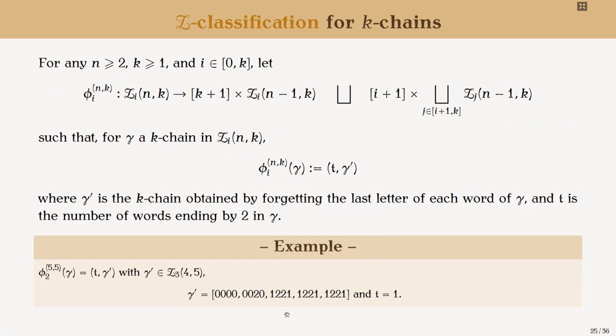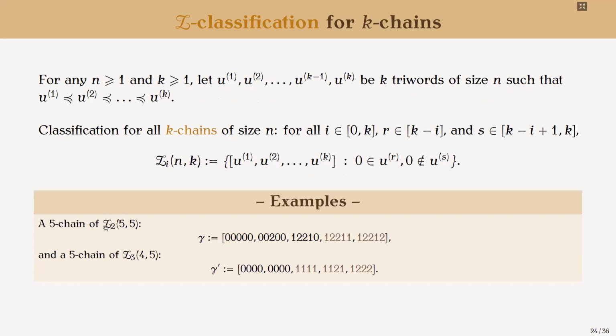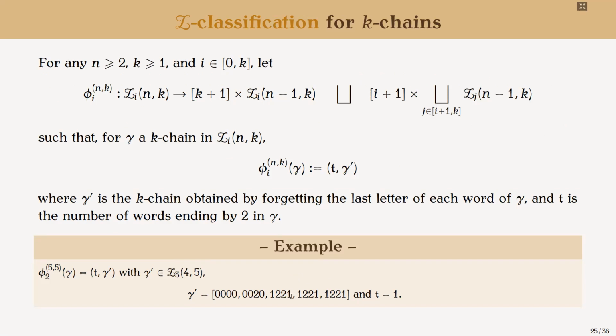And to rewrite gamma from gamma prime and T, simply we have to see that here we have I equal 3 because we have 3 elements without 0, and gamma belongs to Z2. So necessarily the element that we miss to rebuild gamma was 0